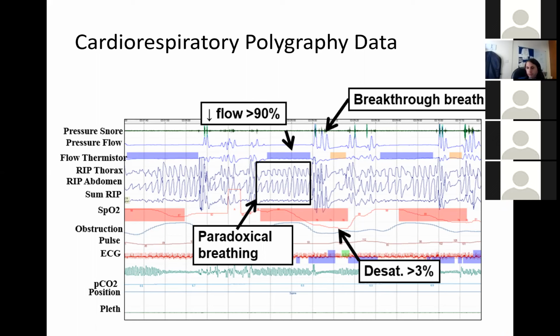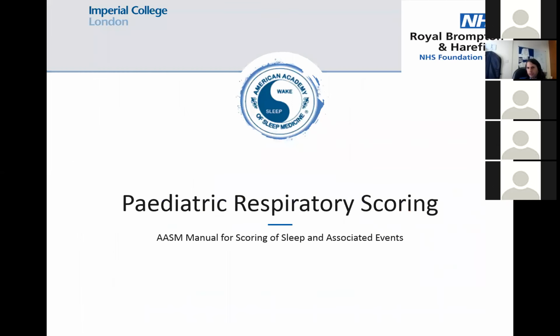But if you're doing this multiple times over the course of the night, it's obviously not very good for consolidated sleep. It will make you sleepy during the day, and lead to other issues with your cognitive functioning. So you probably don't need to know this in too much detail. This is how our physiologists will go through sleep studies and score the study. So when you get a readout at the end of the study, this is what it means.